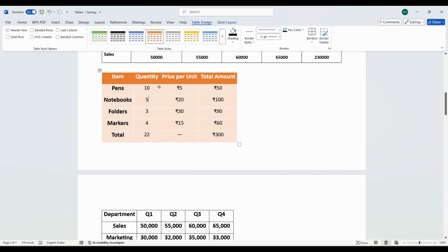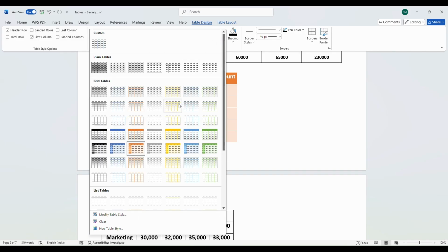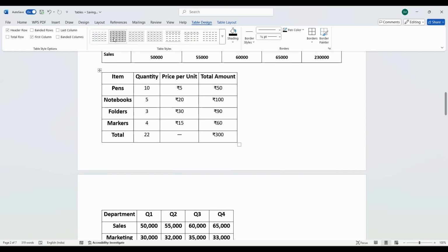But I don't want just the header row to be highlighted. I also want the first column to be highlighted because that's also an important part of my table. So what I do is I'll go check something called first column. So now it's going to display a bunch of table options where the first row and the first column are both highlighted. So either I can select these, or I have a bunch of options over here where the first row and the first column are highlighted, or I can again obviously always use a plain table where nothing is